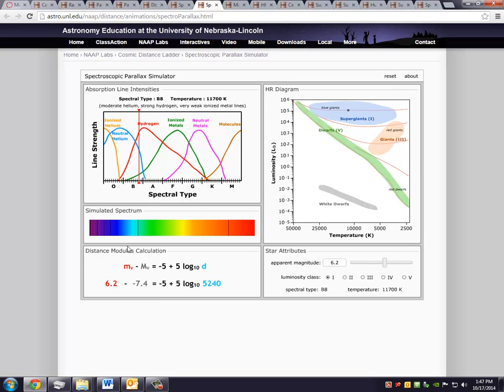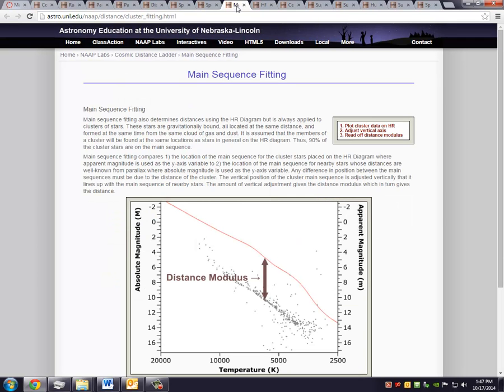Okay, moving on. Main sequence fitting. Now this is not for an individual star, this is rather for a star cluster. A star cluster is a group of stars that were essentially born out of the same material. These are like sisters and brothers or cousins. They're born out of the same material in space, and all these stars, though they may be different temperatures and different sizes, they are all about the same age. And so the way you use the main sequence fitting is you assume that if the stars are all the same age, they would evolve,